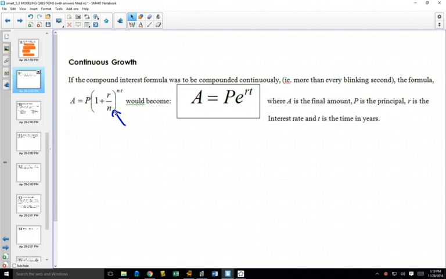Whether that is an interest rate, although no banks will pay you interest continuously, nor will any bank charge you interest continuously. Because if you found out they were charging you interest all the time, every second, and making money on your money every second, you probably would go with a different bank. Even though the results are not as bad as you think.